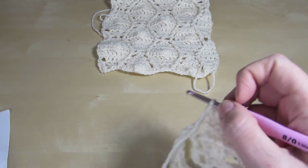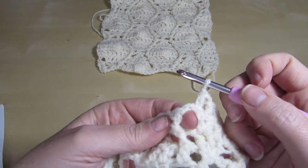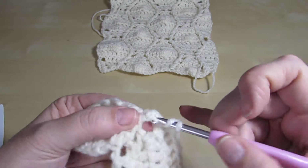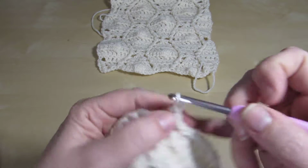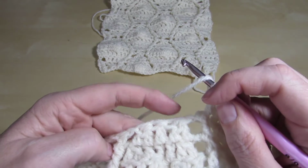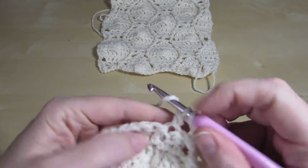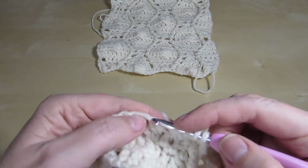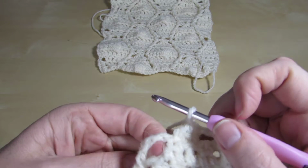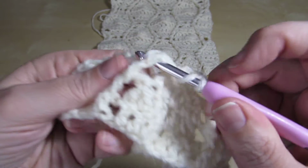And we're back to the repeat beginning when it asks us to chain 1, skip the next chain 1 space, front post around the next stitch, chain 1, skip the next chain 1 space, 3 double crochet together over the next 3 spaces, just going to do that, take them all off, chain 1, skip the next chain 1 space, front post double crochet,